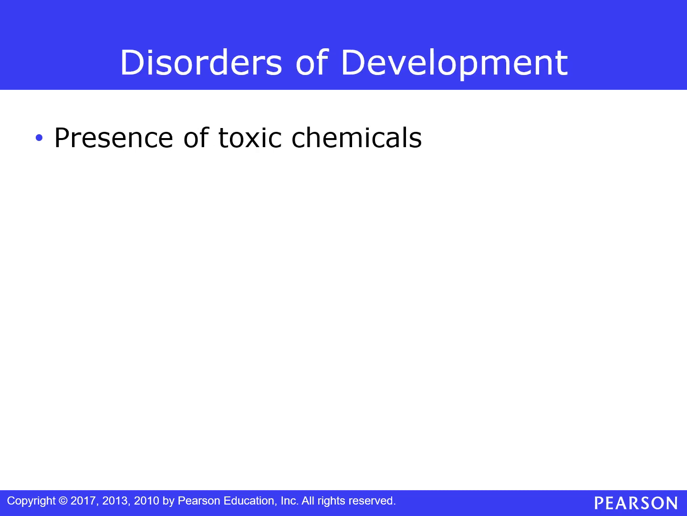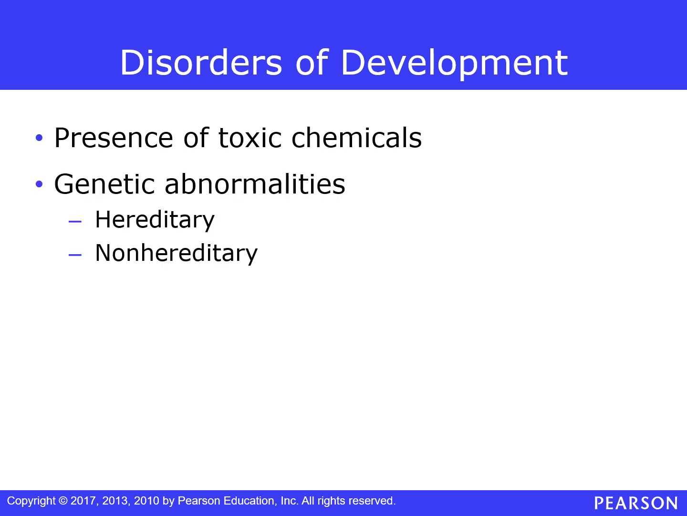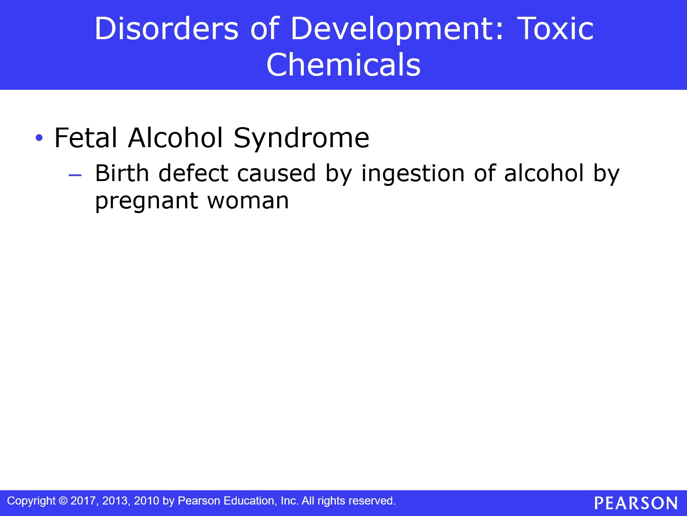Next, we'll look at disorders of development that can impact neurological functioning. We'll focus on the presence of toxic chemicals as well as genetic abnormalities, both those that are hereditary and those that are non-hereditary. First, we'll look at fetal alcohol syndrome. This is a result of the mother drinking while pregnant. It is a birth defect, and